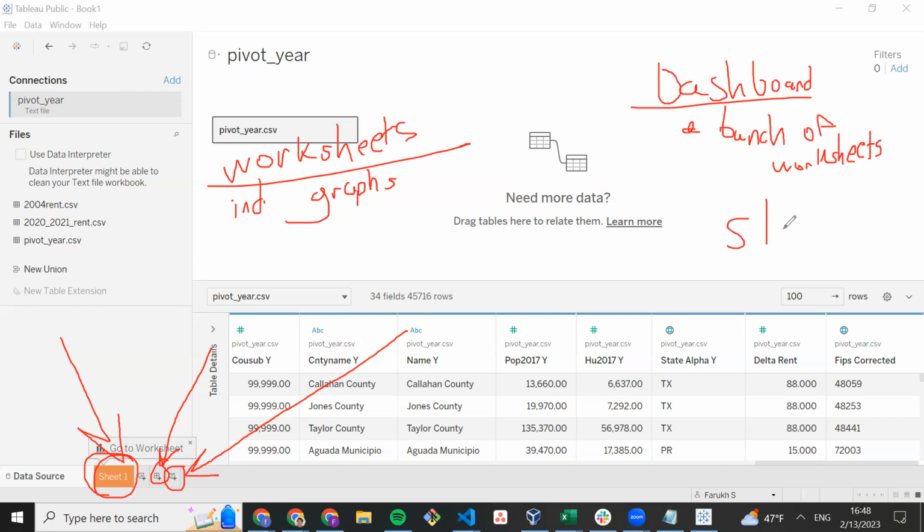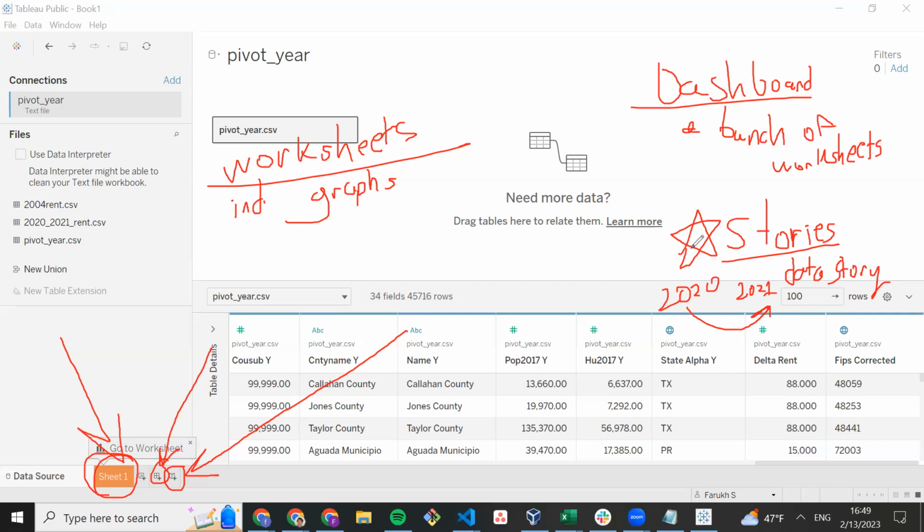And then lastly, we have stories. Stories are like dashboards. In fact, they're basically the same exact thing as dashboards, except this time we are presenting our worksheets in some specific order that tells a data story. For example, maybe we have one visualization for 2020, and then we show another visualization for 2021, and maybe we're trying to focus on something drastic that occurred between these two years. Well, a story is exactly what we are going to need. We're going to be going over data stories in Phase 2, Week 11 later on.